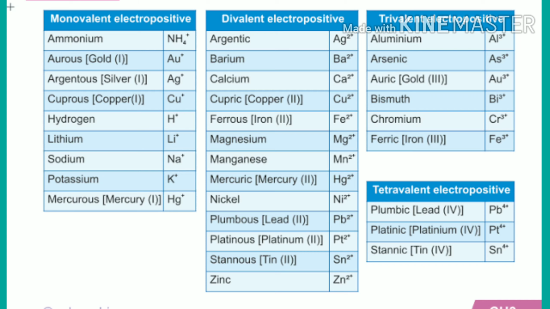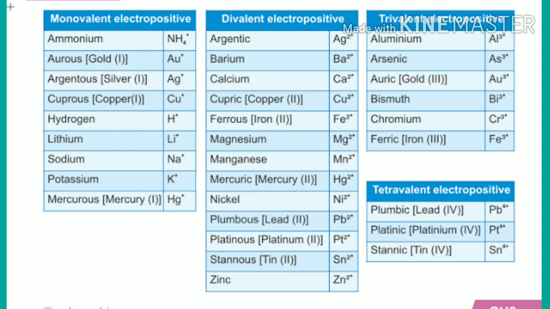The next is divalent, or you can say molecule. As we know, a molecule consists of more than one atom. For example, H2 hydrogen, oxygen O2, nitrogen N2. So when an atom exists as a molecule, a number representing its atomicity is written as a subscript after the symbol of the element. Hydrogen, what do you write? H2. That means 2 is written in the subscript.